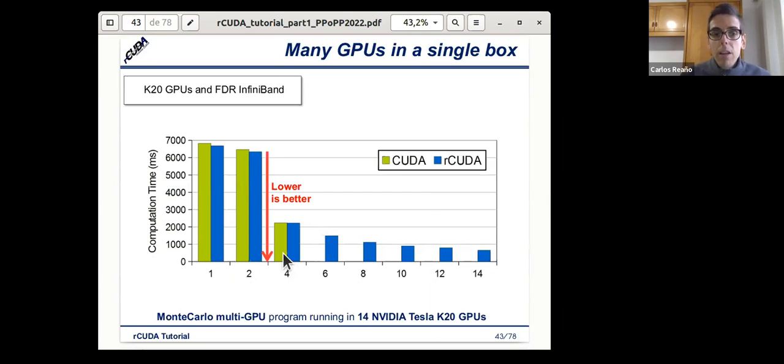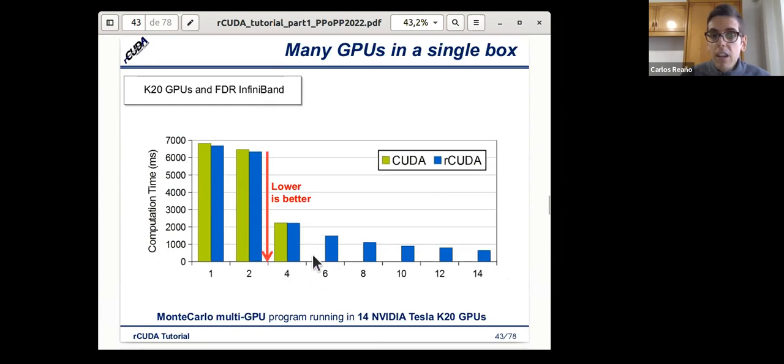Notice, however, that if we use rCUDA, we are able to use not only the 4 GPUs in that server, but also all the GPUs in the cluster. In this case, we have in the cluster at our university, at that point in time, 14 K20 GPUs in different nodes, connected by an FDR InfiniBand network. So then we were able to run this application with more than 4 GPUs by using rCUDA.